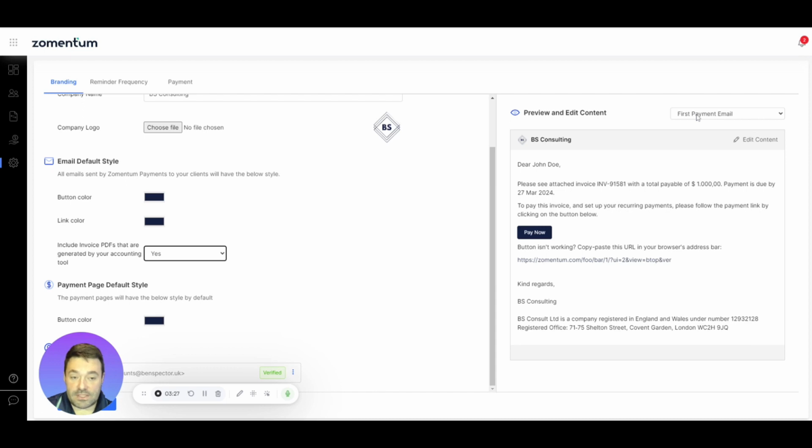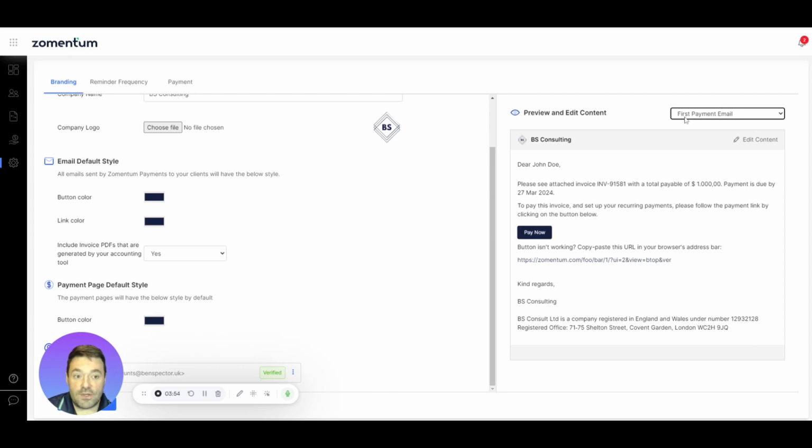There are various email templates that you're going to want to configure. The most important ones to get right from the beginning, probably going to be the first payment email, the automated payment email, and the request to add payment method. I'd focus on those ones first. The first payment email is used whenever we send an invoice to a customer where we don't have any payment method on file. So this one needs to include a Pay Now button so that we can capture that payment